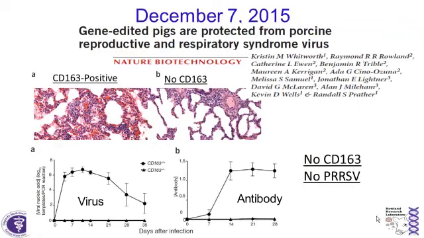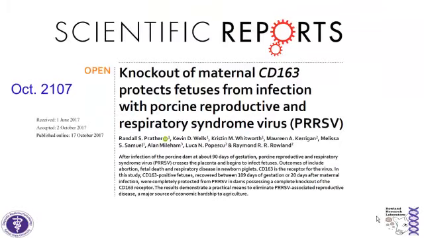So I just want to end up with some of the work that's actually coming out of my lab. Two years ago, we described the use of CD163 knockout pigs and the fact that they are totally resistant to PRRS. And so the question is, you've got a pig in which CD163 is knocked out. That doesn't have a lot of utility, primarily because I like a little CD163 in my bacon. You know, I think it would. So you really can't eliminate CD163 because it is important. So the question is, how can we use it for